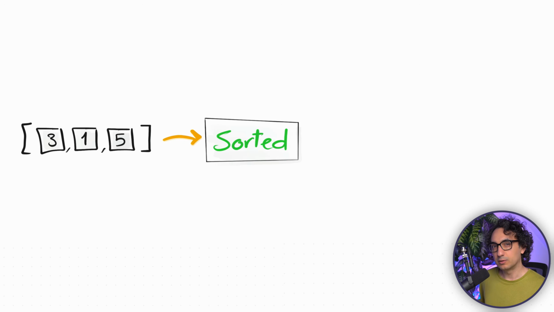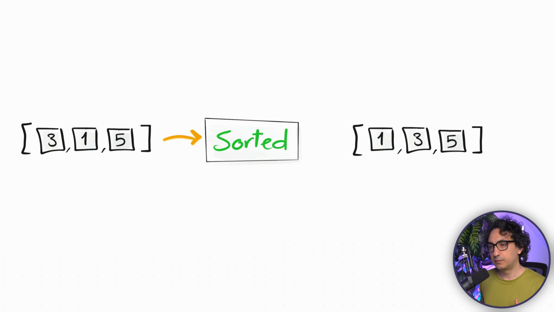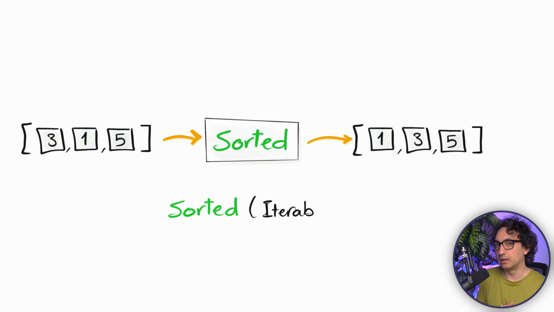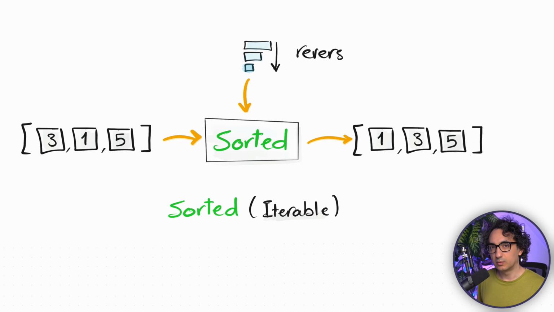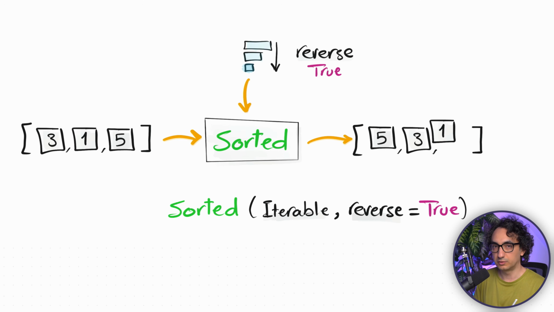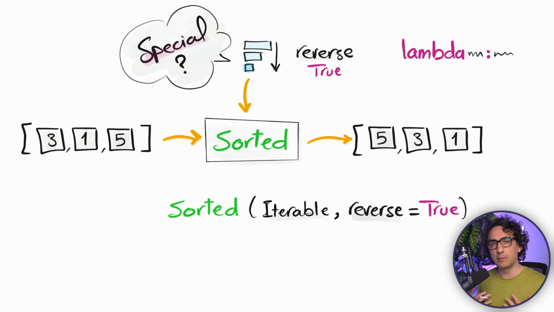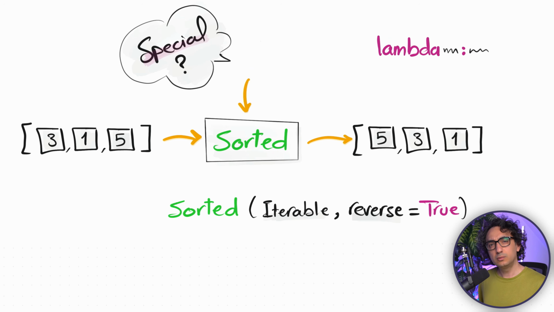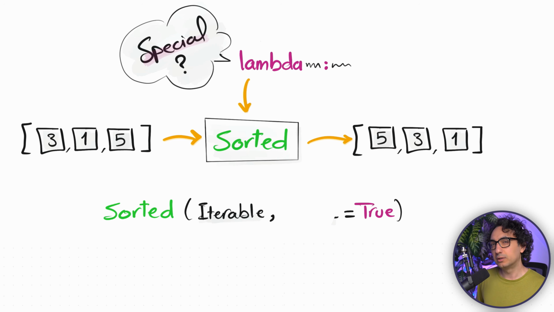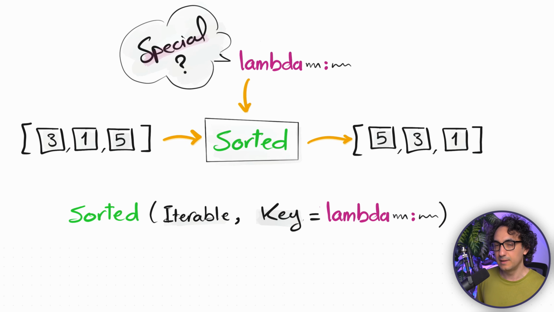Now another application for the Lambda: we have the method sort in order to sort your list. If you use the default, you're going to sort it from the lowest to the highest. Or if you say, you know what, let's sort it from the highest to the lowest using reverse equal to true. But now how about defining our custom way on how to order our list? Again, we could use the help of the Lambda in order to explain to Python exactly how to sort the list.